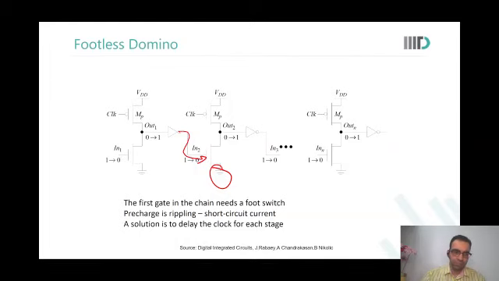So the size by which I increase the footer, I am not actually using that. It won't change anything for you. So keeping the footer maximum is not useful for anything? No. If I make it similar to the one which is near to the output, then I can use lesser area. Yes. Even if area doesn't change, at least your leakage will reduce. Gate capacitances will reduce. Clock load will reduce. But the delays will be increased, no, sir? Delays will be almost similar because there is an equivalent resistance already there.